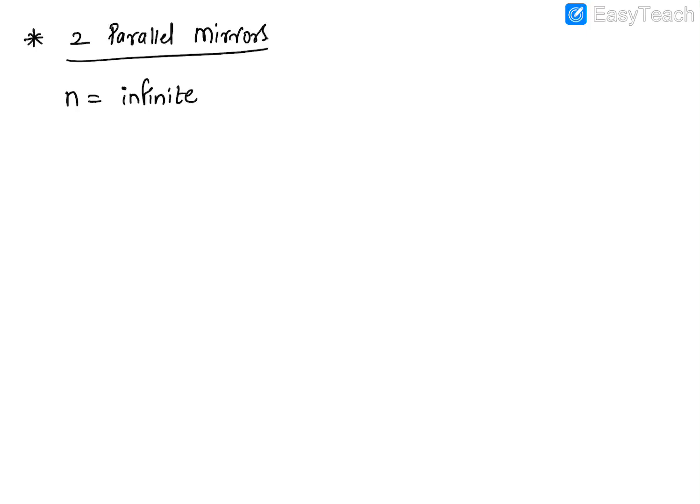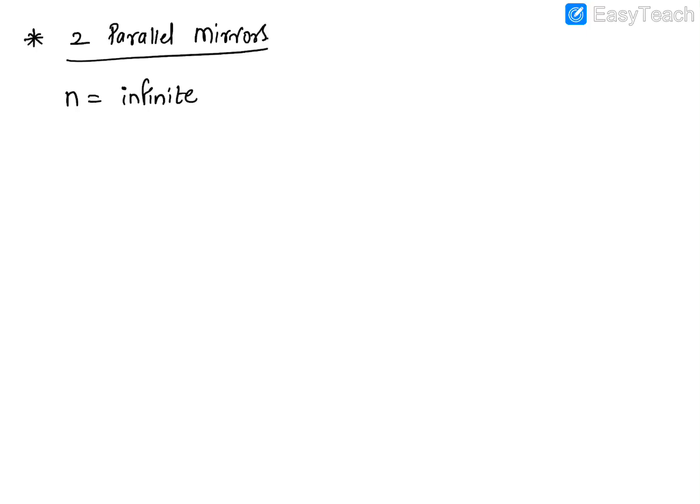Now guys, the next thing is image formation. When you stand in front of a mirror, we see only one image of ourselves. But when you're standing in front of two mirrors which are parallel to each other, then the number of images formed is not one. In fact, remember, if there are two parallel mirrors, the number of images formed is infinite. You cannot count them.